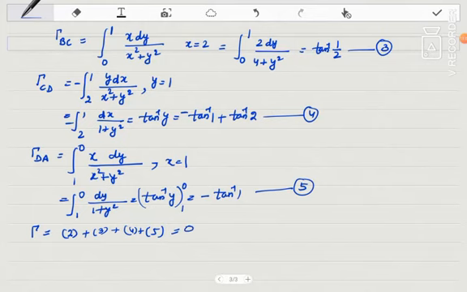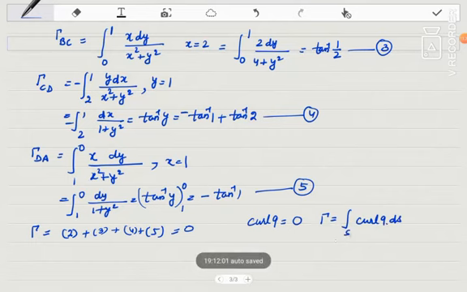In this question, I have not used the Stokes theorem, but you can very easily use it, because if you calculate curl of Q in this question, you will get curl of Q to be 0. And Stokes theorem says that gamma may be written as the integral of curl of Q ds. So in this case, you put the value of curl of Q, which is 0, and you get gamma to be 0. So this is another way to do this question.